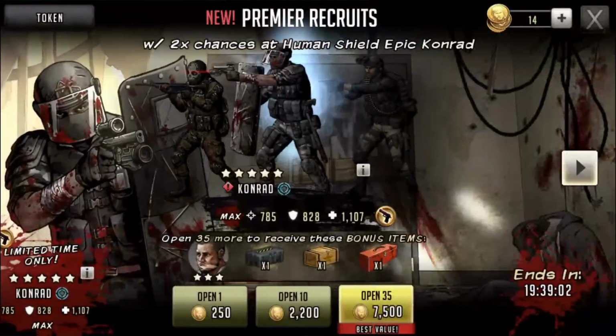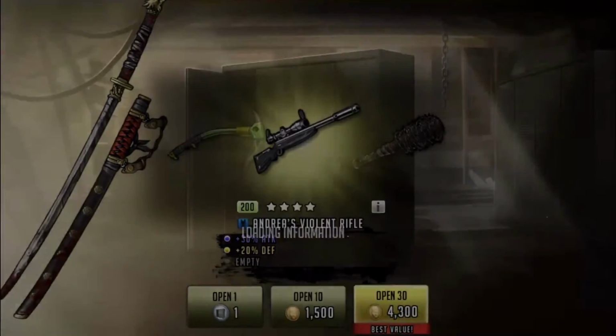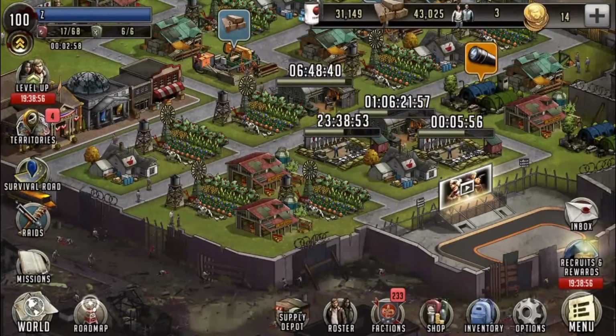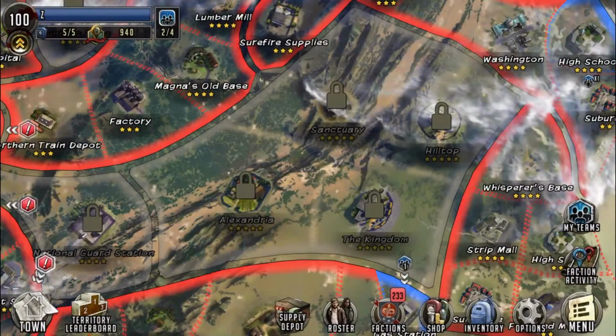Well, I guess I got a weapon token. I'll go ahead and pull that for you guys right quick. And a 3-star, pretty typical, but I'm holding out because if you have territories unlocked, try to get a